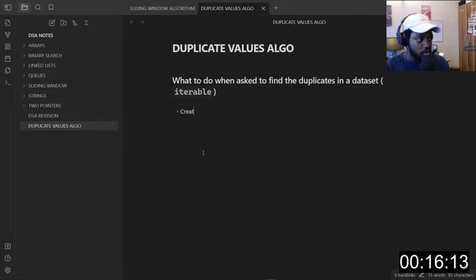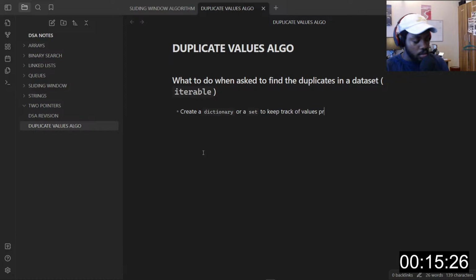So create a dictionary to keep track, a dictionary or a set, right? Let's use that. Or a set to keep track of values